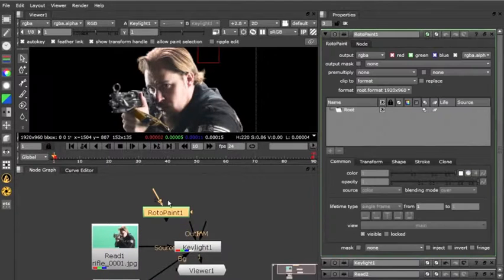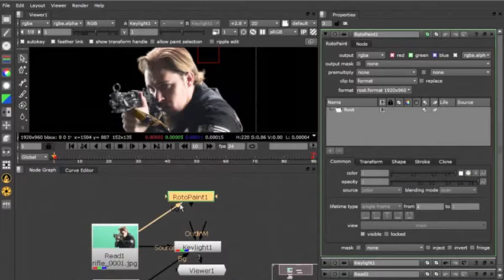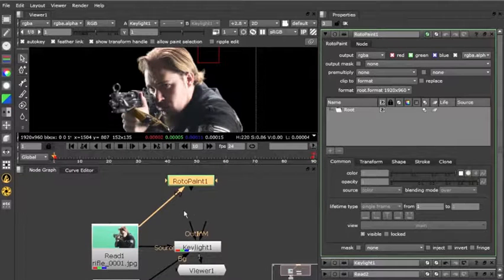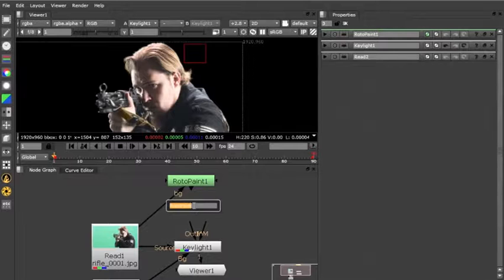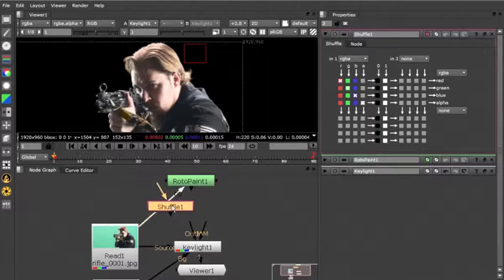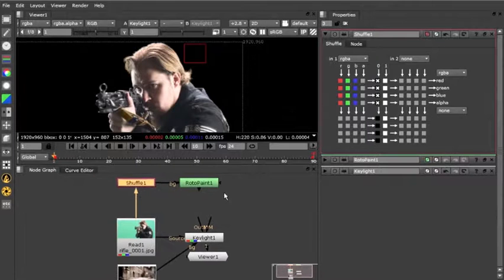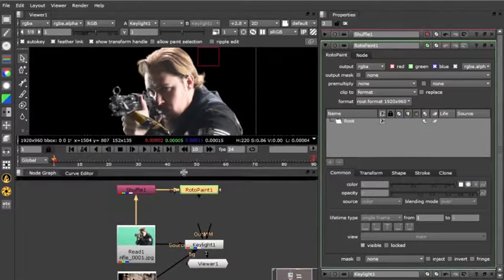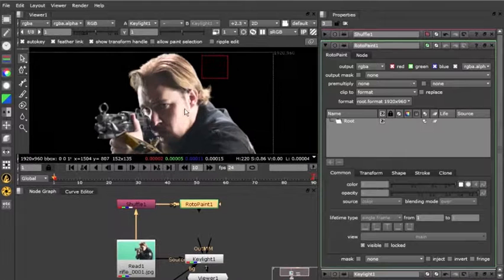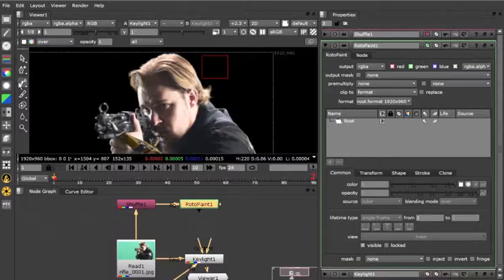Let's add a roto paint node. I'll connect that to the background, and just to make sure that there's no alpha present already, I'll add a shuffle, and I'll shuffle in black. In fact, I'll just switch everything to black just to make sure. Okay, I'm ready to draw my roto shape. Just going to increase my viewer here a little bit, and now I'll choose the shape here, the Bezier,